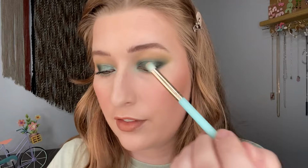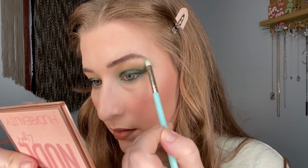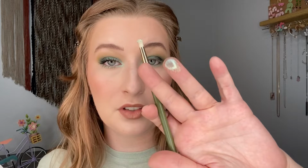I'm going to use the shade Communal for my brow bone highlight. Again, I'm tapping the brush off for this one because I didn't want it to be too bold. And then the last shade we need to add, I'm using yet again another brush. This look took several brushes, but I'm going into the shade called Harvest Moon, which is this beautiful, iridescent sort of topper shade. And I'm going to top the inner corner shadow with this,